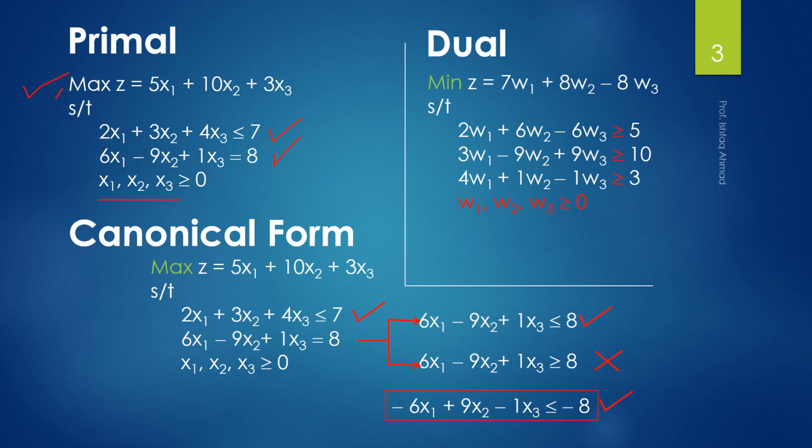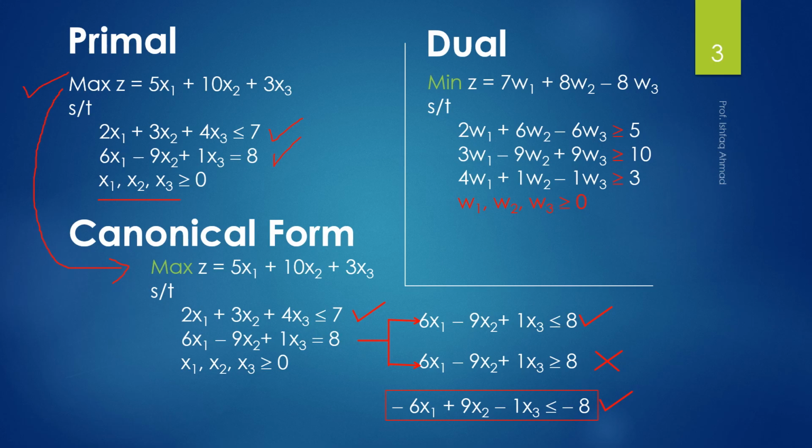So the maximization problem has been transformed into its canonical form. From video 11A we already know that a maximization canonical form bears all less than or equal to constraints in its